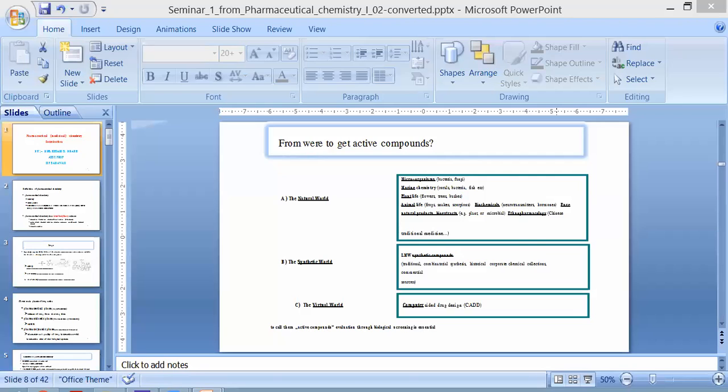Then in the case of biotechnology, suppose any protein molecule is there. If it is used for the treatment of any disease or disorder, if it naturally exists, we are going to optimize it. If it is not existing, then we are going to synthesize it in the lab with the help of fermentation or biotechnological procedures, or we are going to change or activate its molecular properties with the help of design, that is a CAD procedure. What is CAD? Computer aided drug design.